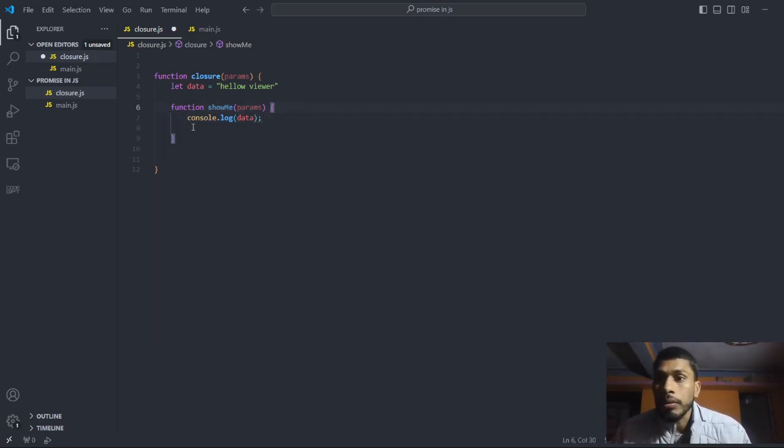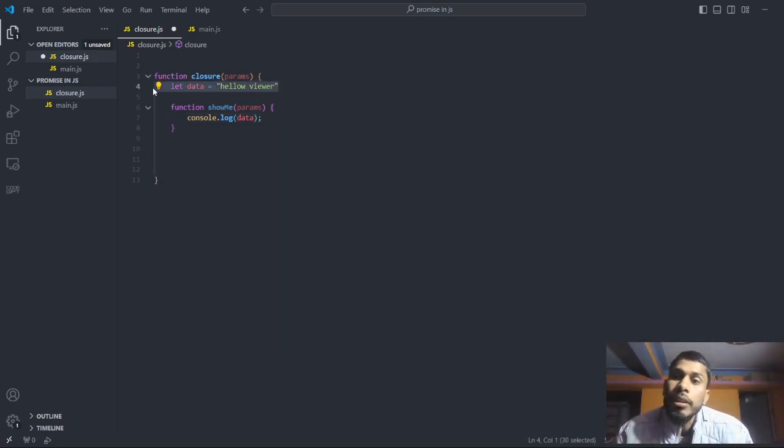As you can see, that particular let variable is inside that closure function, and I want to access that particular data inside that show me function, right? Let has the scope inside that particular function.